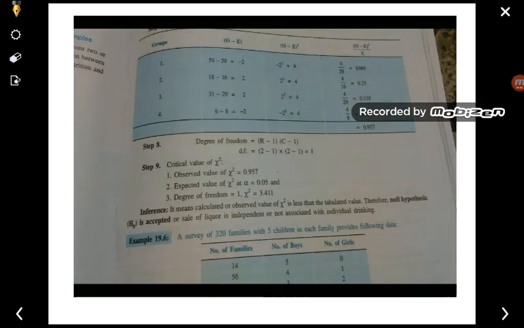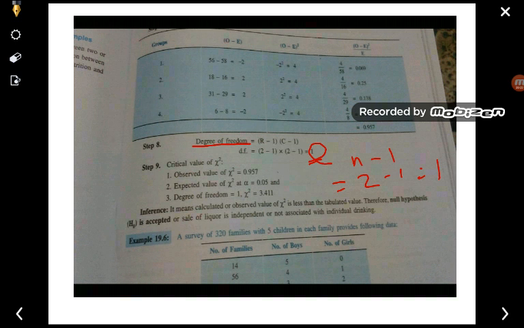Next, step 8: we have to calculate the degree of freedom. The degree of freedom can be calculated by n minus 1, as I said, or by this formula also, r minus 1 into c minus 1. R is row, c is column. So the degree of freedom is 2 minus 1 into 2 minus 1, since there are 2 columns and 2 rows. So 2 minus 1, 2 minus 1, that is equal to 1. DF is also calculated by n minus 1, the number of observations, 2 minus 1, which is equal to 1. So here the degree of freedom is 1.